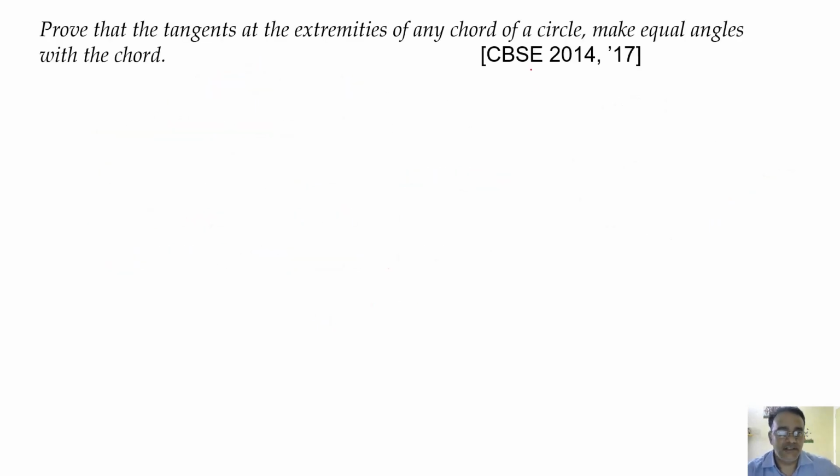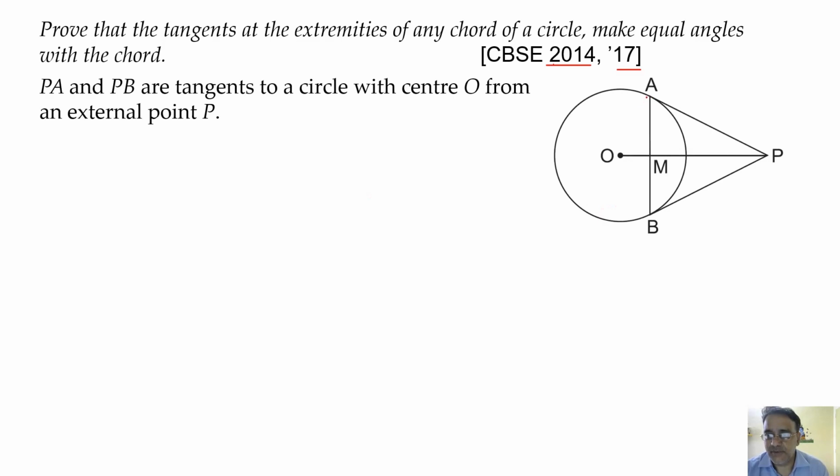Next question, this is also a very important question, 2014 or 17 में आया हुआ question है. Prove that the tangents at the extremities of any chord of a circle, means endpoints, make equal angles with the chord. तो ये क्वेश्चन बहुत लोगों को समझ में नहीं आता एक्चुअल में, राइट? तो यहाँ पे ध्यान से देखो, डायग्राम देखो. सपोज AB इज अ कॉर्ड, राइट, और A और B दोनों एंड पॉइंट से हम लोग दो टेंजेंट ड्रॉ किए. सो PA और PB आर द टू टेंजेंट्स. ओके, राइट, फिगर इज क्लियर.